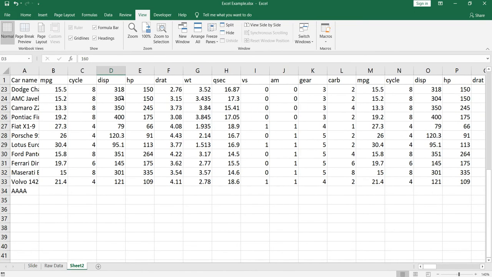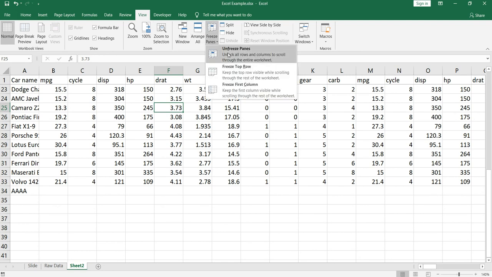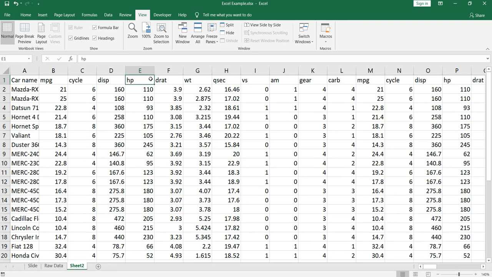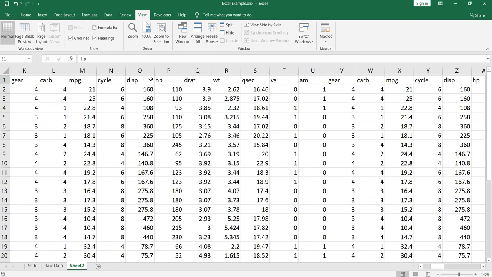Okay, so this is how you freeze the first row. Now if you want to unfreeze it, you need to go to view. Under view you need to go to freeze panes, and once you have frozen a particular row, you will always have this option unfreeze panes. Initially we do not have this option until we freeze a particular row. So now we have frozen the row, so we have this option unfreeze panes. We can click on it, and the first row which was frozen is getting unfrozen now.